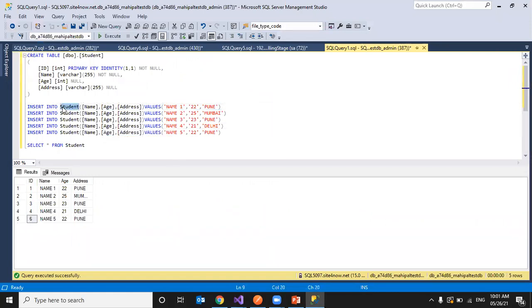Suppose we have a student table and we have 10 columns. Whenever we insert, we must insert all not null values. I'll show you an example. I'll simply directly write values and we'll see it. I'm just taking name as 100 and not passing the other values.